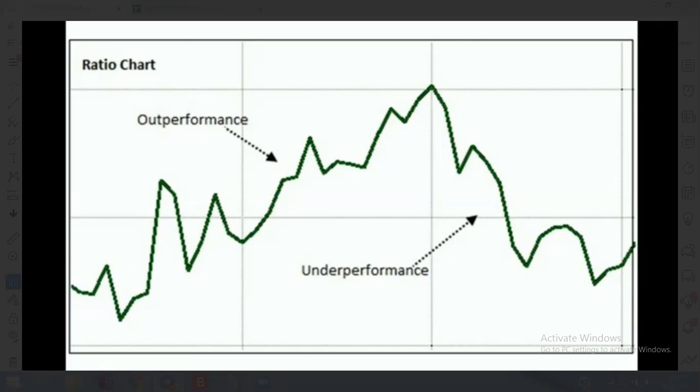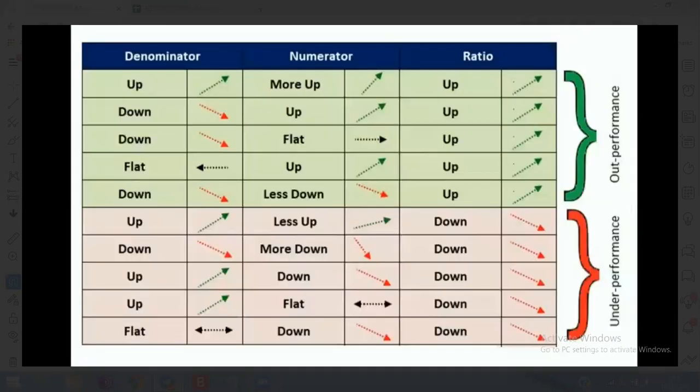So let me show you the study to understand the ratio chart more clearly. Let us stick with our main example of the denominator being Nifty and the numerator being your Nifty Financial Services. We are comparing the numerator, which is Nifty Financial Services, by Nifty 50. Whenever any stock can change, the denominator shouldn't change. It should be a base comparison. It is like you are comparing your rupee to a dollar. The dollar is Nifty 50 in this case, and your rupee is nothing but Nifty Financial Services.